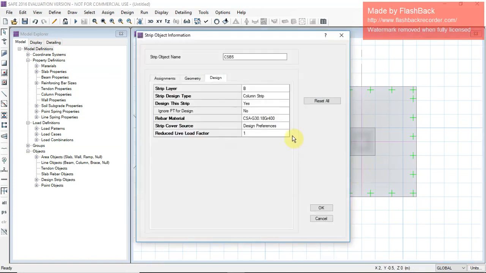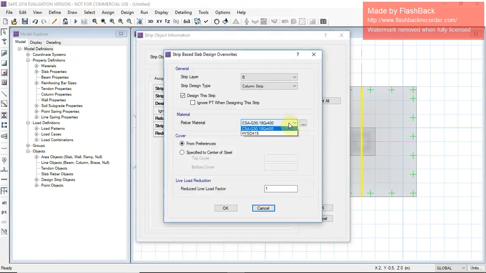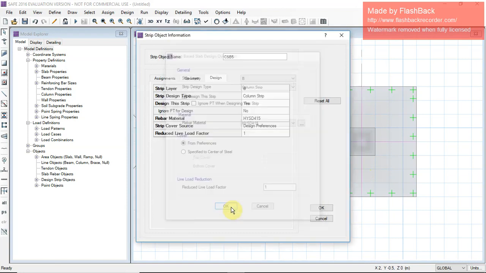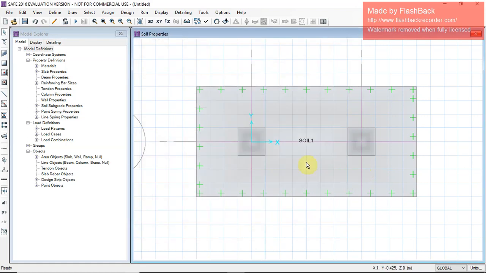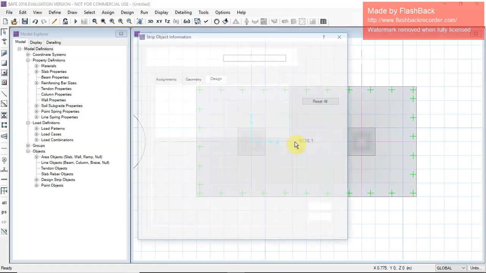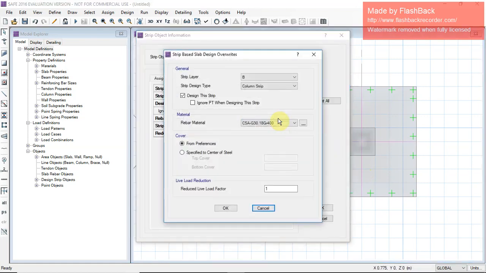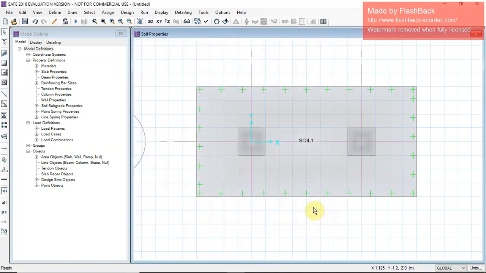Now this strip, okay. Now we have assigned all the loads on the center point of the column, all the load combinations, soil, footing, strip, and the rebar material.